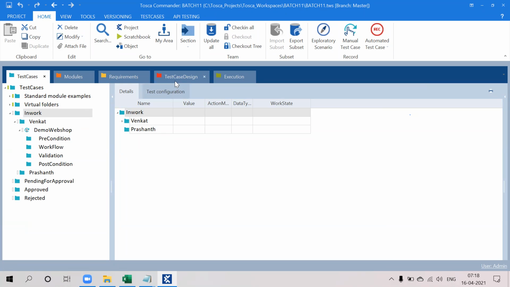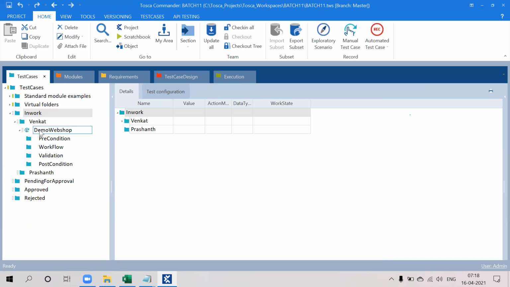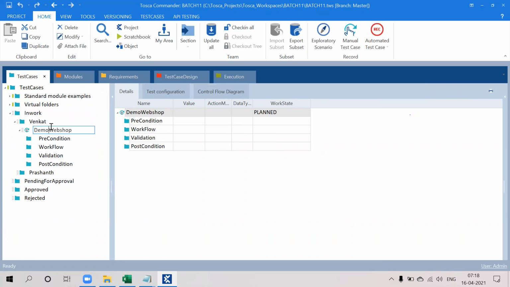It means whatever you design here will be reflected in the test case itself. So you are saving your time. You create your module, then apply it onto the test case itself. It's like a continuation of your execution.